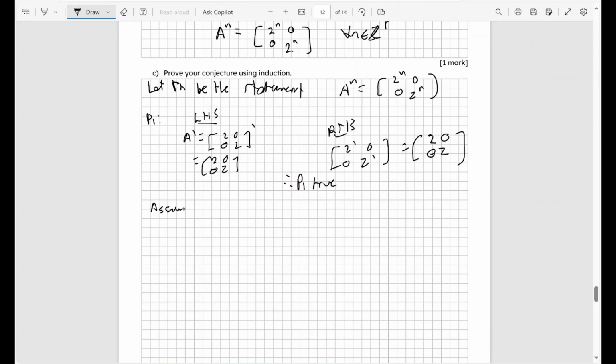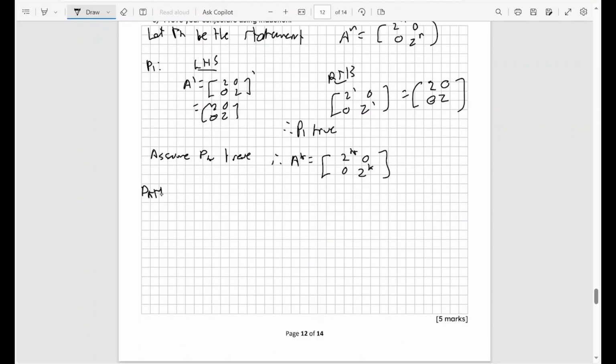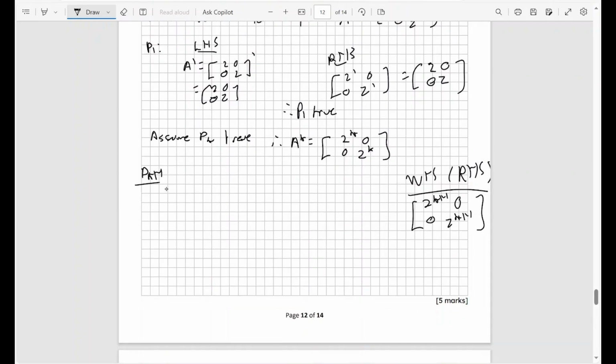Assume Pk is true. Therefore, A to the k is 2 to the k, 0, 0, 2 to the k. For Pk plus 1, we need to look at what we want to show, or in other words, our right-hand side. This would look like 2 to the k plus 1, 0, 0, 2 to the k plus 1. So A to the k plus 1 is on our left-hand side. We'll split this up into A to the k times by A. Call this star. So using star, this is 2 to the k, 0, 0, 2 to the k times by 2002, using star,